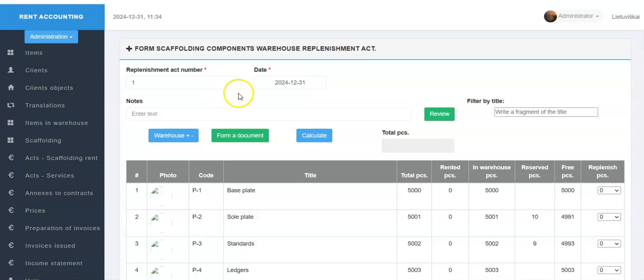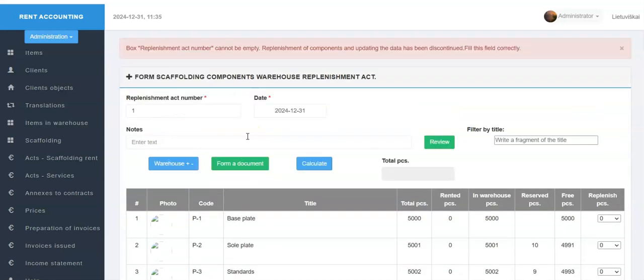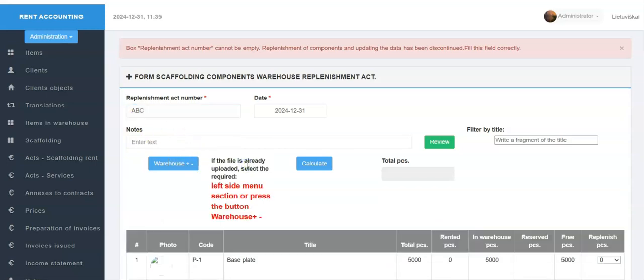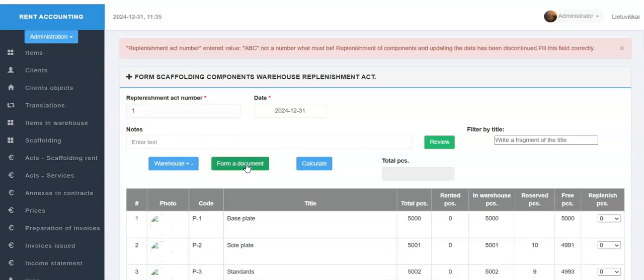This field can be edited, but the program checks that it does not remain empty and is a number. In case of discrepancies, the program stops the act formation and displays a message with the relevant information.